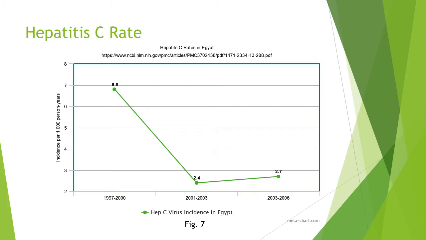Another thing that disproportionately affects the Zabbaleen population is hepatitis C. I will note that hepatitis C in general has its greatest prevalence in Egypt, and unfortunately, this is due to a failed mass vaccination campaign which happened in the early 1990s. And as a result of this failed vaccination campaign, there were bottles and syringes that were not properly sanitized between uses, leading to an HCV epidemic.